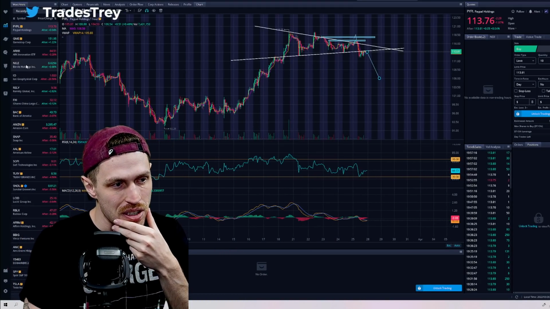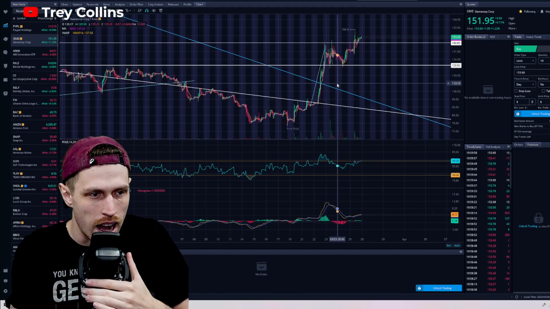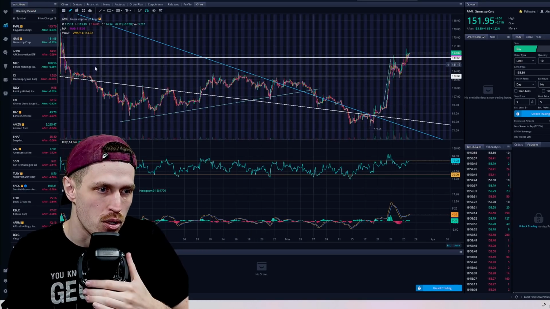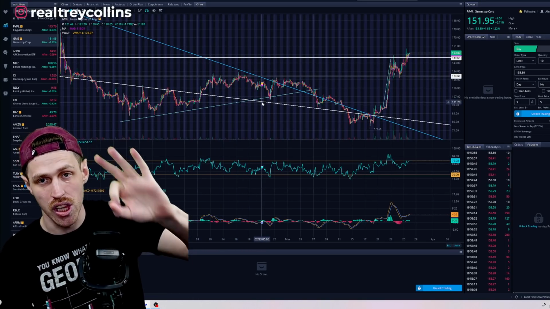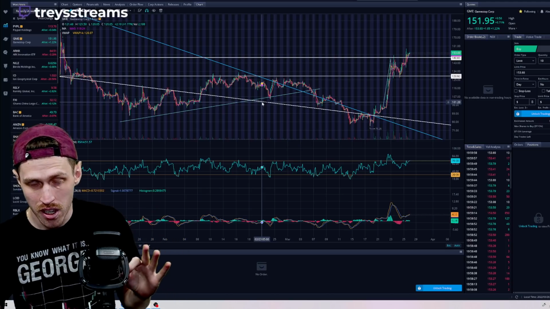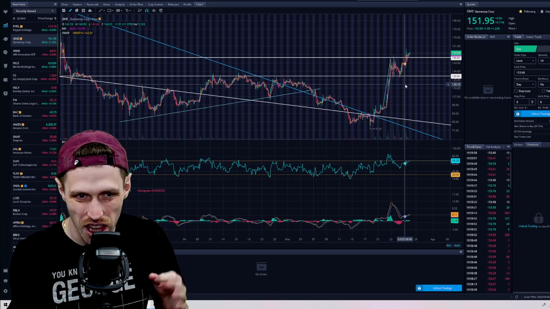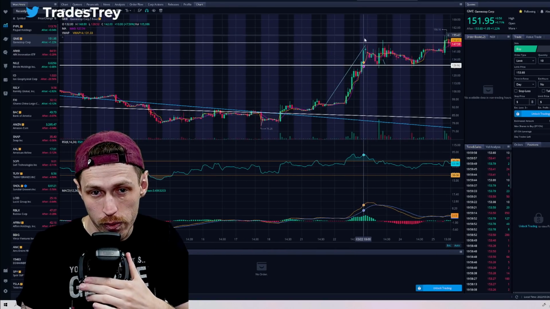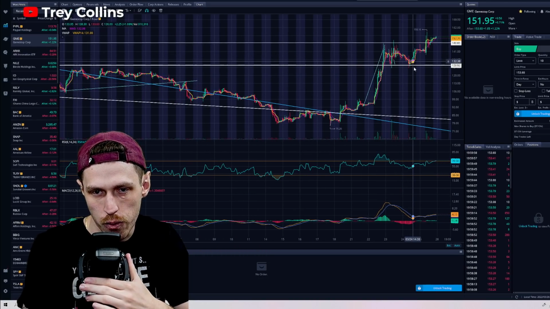So an example of this, to me, I think GameStop is a pretty decent one. Check this out. This is an obvious flat top level for GameStop. So you see a bunch of different touch points here. Touch point, touch point, touch point, touch point. Remember, I said 3 levels is the most important levels. Touch points, you want at least 3 of those to determine that something is in fact a key level. And when it breaks out above this, what do you notice? Massive move. Came all the way up to the next flat top breakout level, which was right here at about